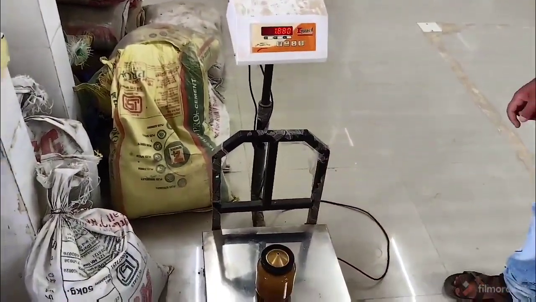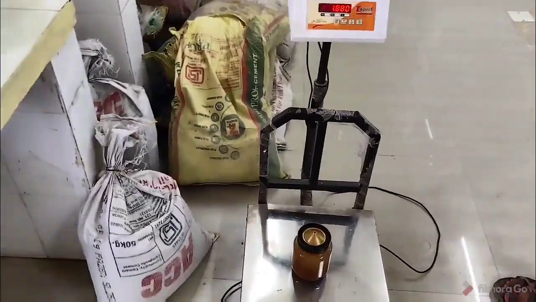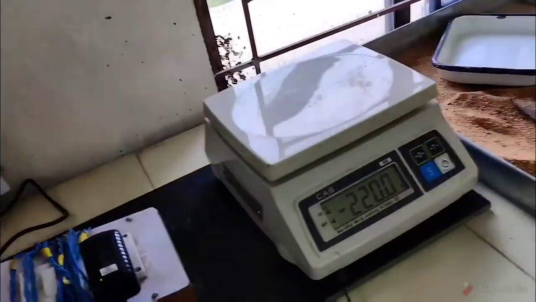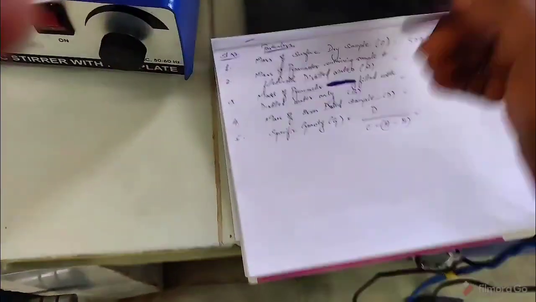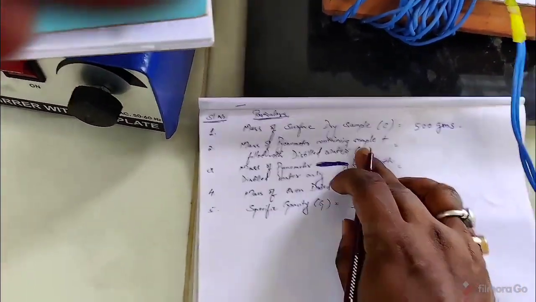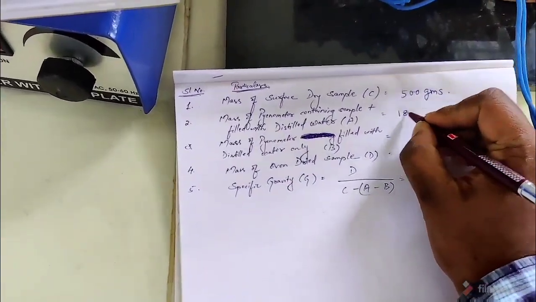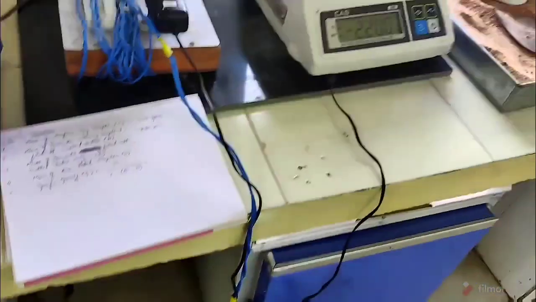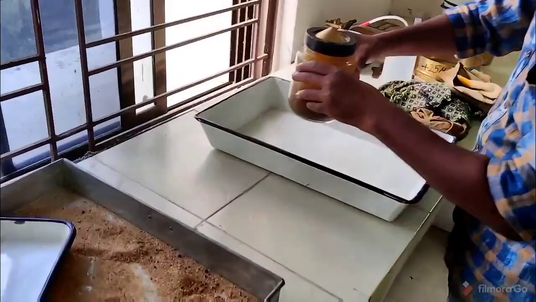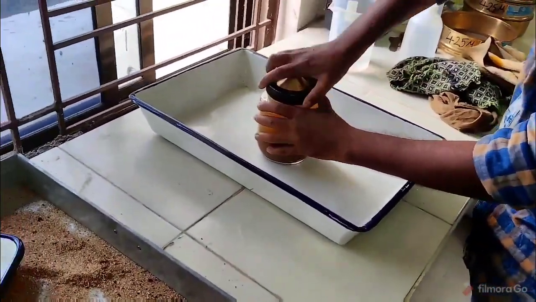You can see the weight is coming 1.880 kg or 1880 grams. We can write it down here: mass of the pycnometer containing sample plus filled with distilled water, it is 1880 grams. Now the next step is to remove the water and the sample into a dried enamel tray